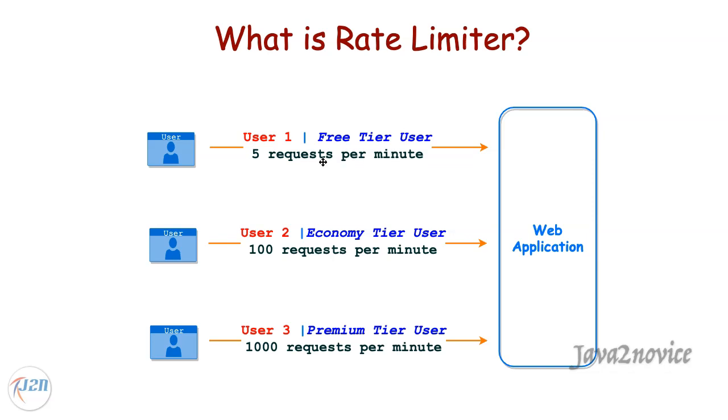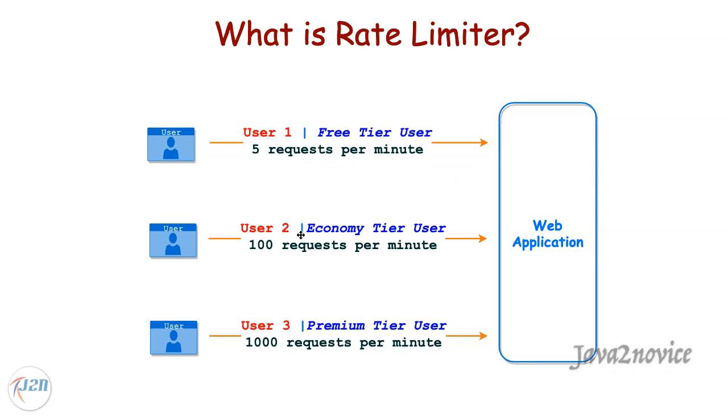You can make a maximum of 5 requests per minute. The API will respond to the first 5 requests in the given minute and deny the rest of the requests till the next minute, which means the API will throttle your requests. You will start receiving rate limit exceeded kind of error messages. If your application gains popularity, then the free tier is not sufficient. You must choose either the economy tier or the premium tier license based on your budget.